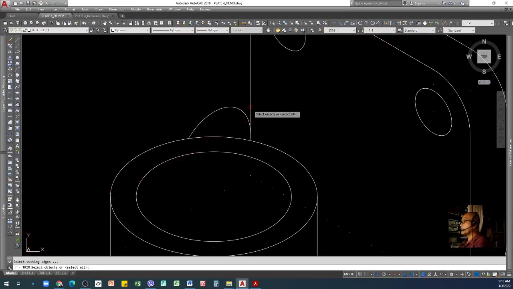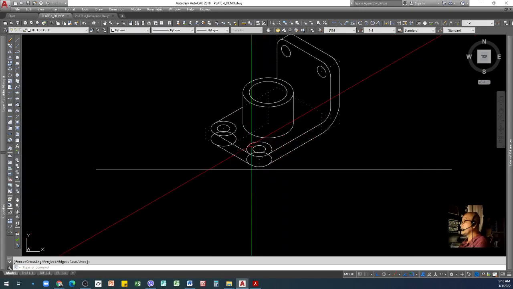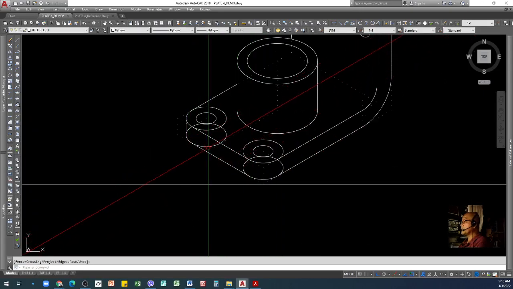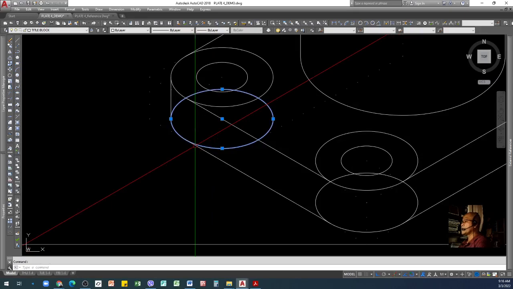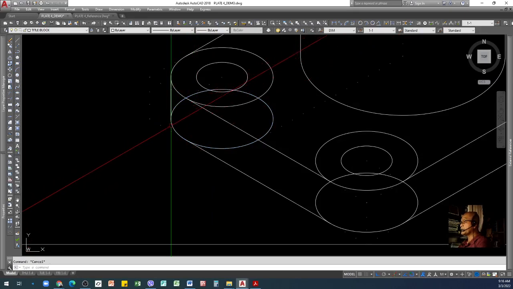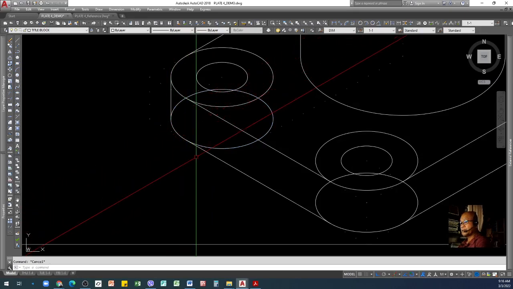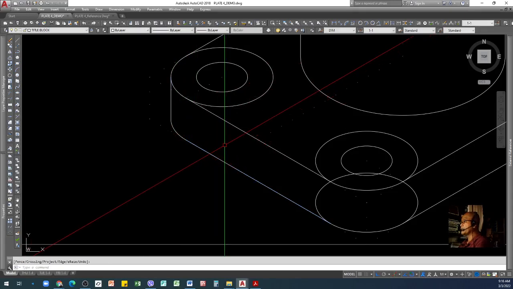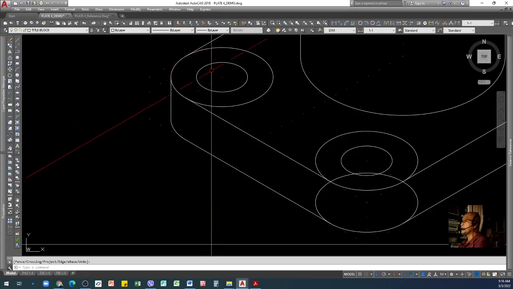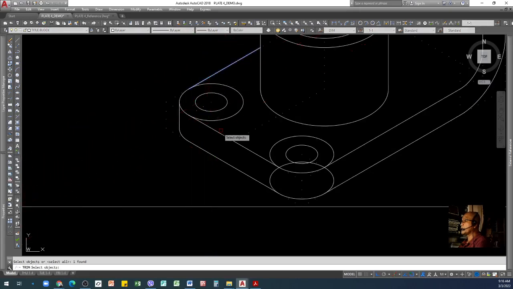Use this vertical line to trim, enter, click. And then the bottom part, this one we only need the portion from here to here, so trim, click, click, remove. This one we don't need also, click, click as your trim, remove.